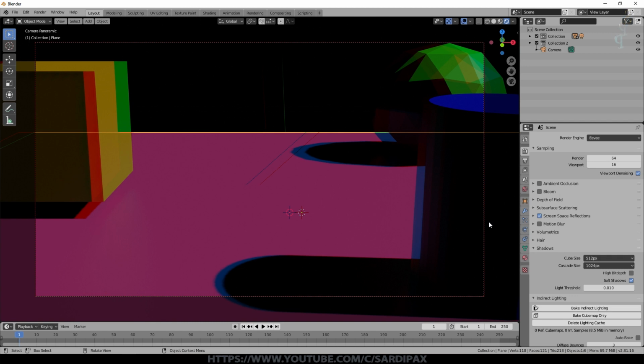Now I only did a 1920 by 1080 image, so that's the sort of resolution I would typically do for a standard HD video on YouTube, but remembering that that's got both eyes embedded in that 1920 by 1080 image. So in actual fact, on the x-axis at least, that was half of that resolution. Although it was 1080 high, it was only 960 wide, so a lower resolution. So really, if you want to maintain that HD quality, 1920 by 1080, you'll actually need it to be 3840 by 1080, and that will then give you the same resolution per eye.